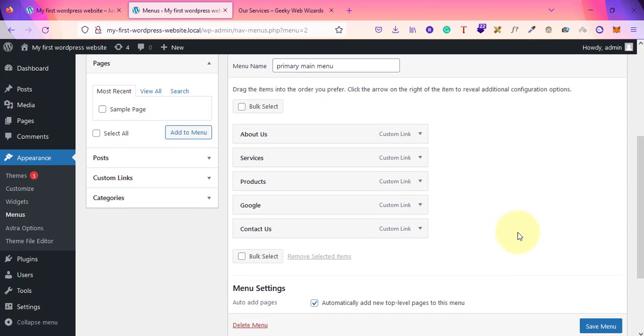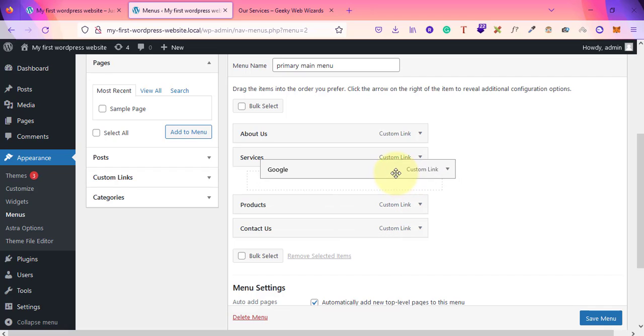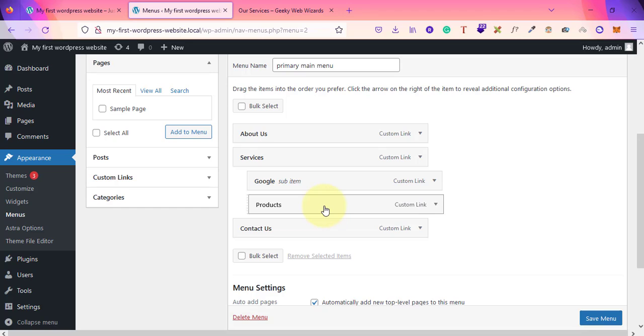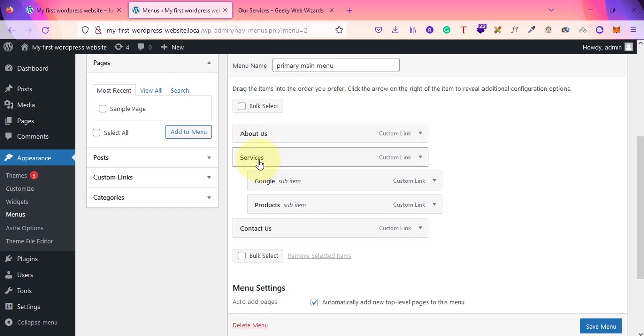Instead of removing, what if I want to have a submenu? I'll simply drag and drop it below services. So service is a main parent menu and Google is now a child menu, right? So what if I want to make product as well the child menu of the service? So there are three main menus, about, services, and contact us, and inside services I have two submenus called Google and product. Now if I click on save